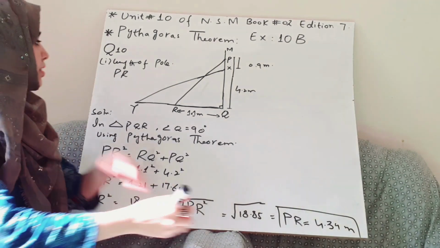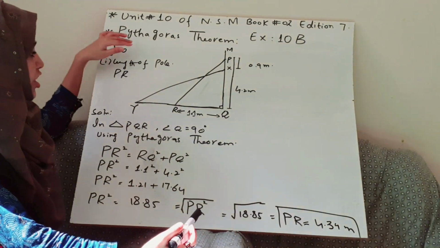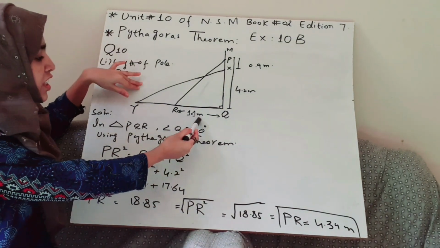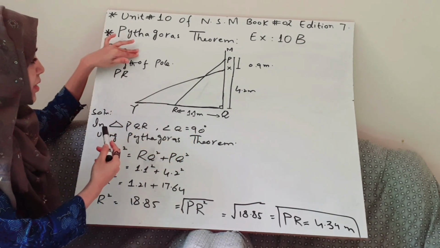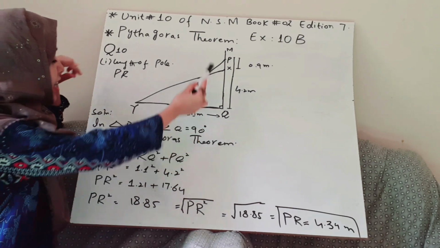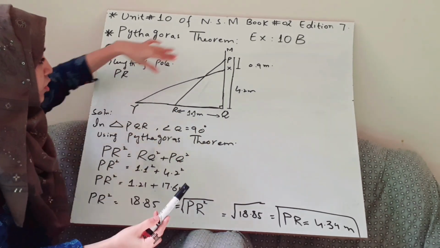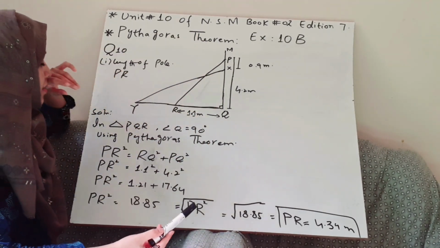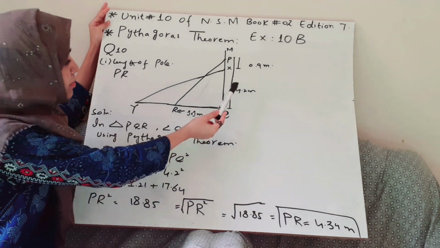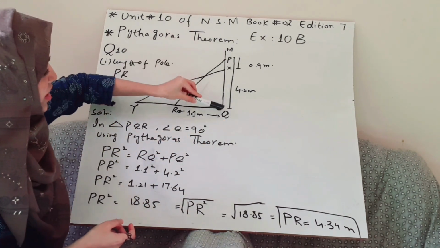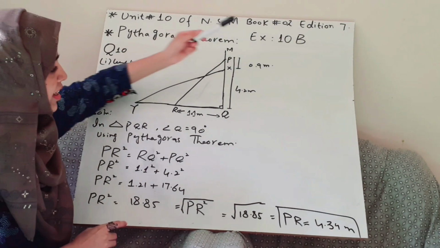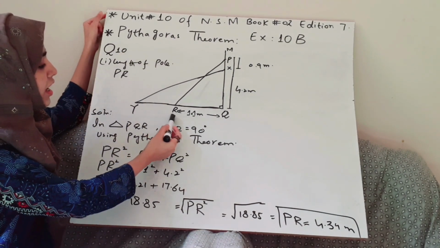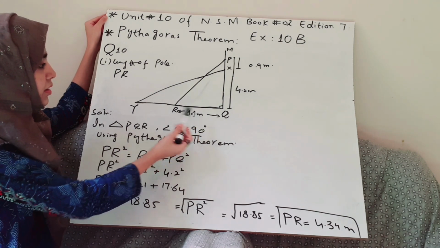Question number 10. In question number 10, a statement is written which is the description of the figure given in the question. You can read the statement from the book. Let's read this figure. They have given from P to Q a distance of 4.2 meter, from P to X a distance of 0.9 meter, and from R to Q 1.1 meter.